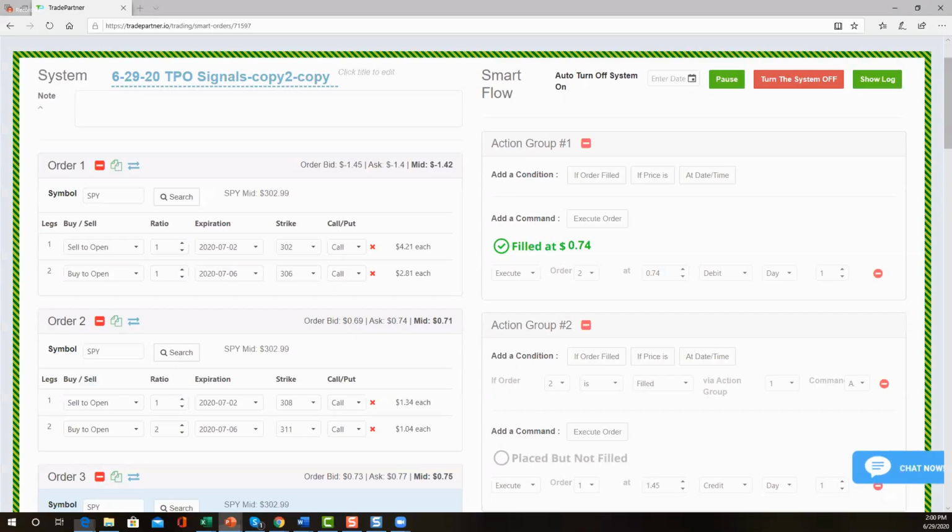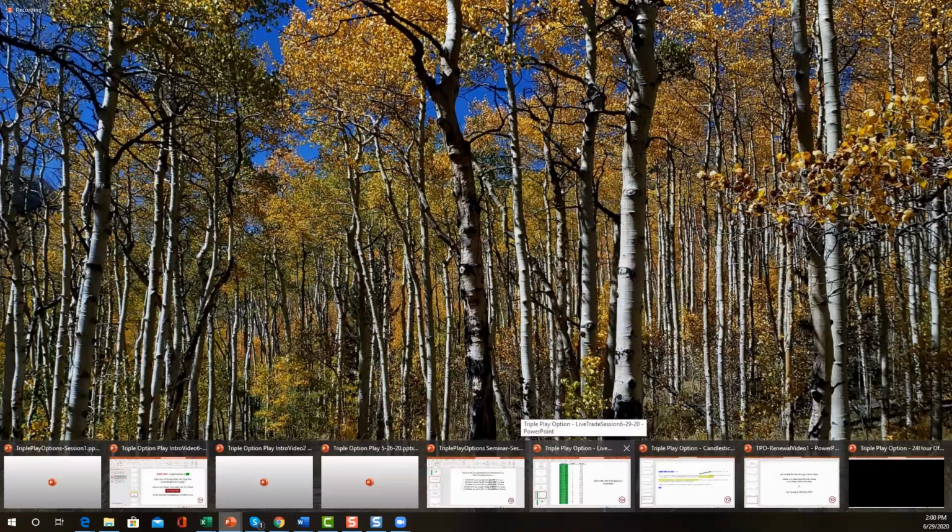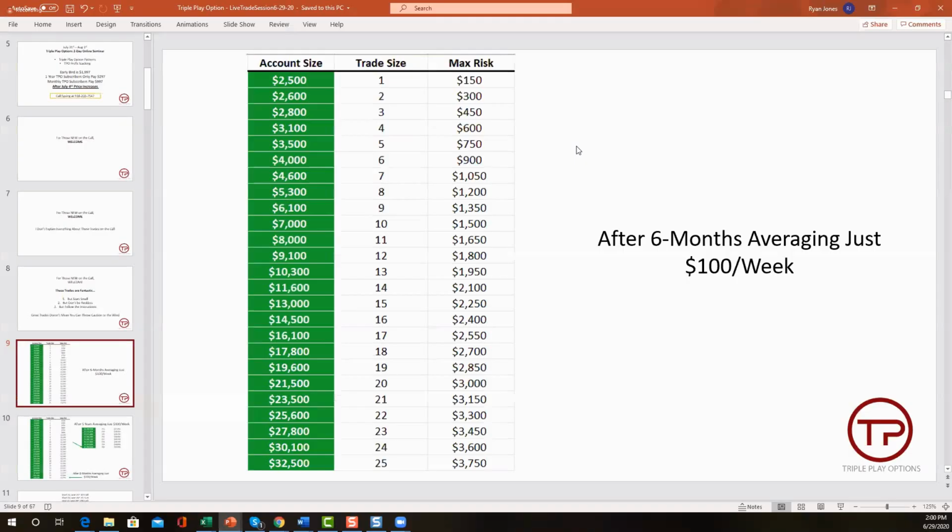Now, let me go back to the final piece on this, because it's very, very important. Everybody needs to keep in mind the context, because I see this happening over and over again, especially with newbies, in that you're trying to do too much with the trades. You try and force more than you need to force. You take more risk than you need to take.